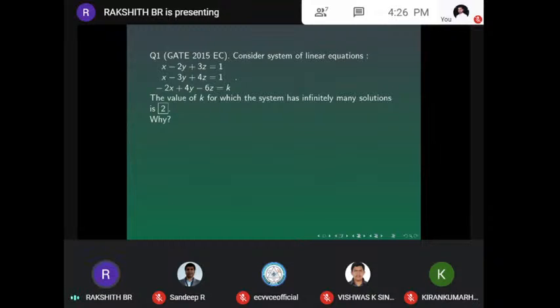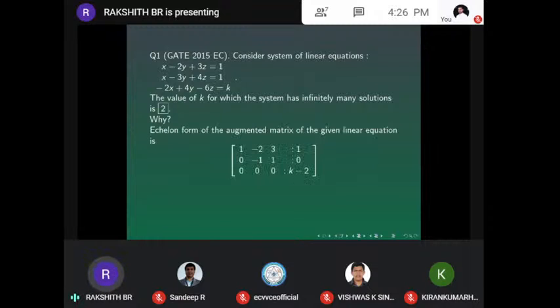Find the value of k for which the system has no solutions. Then, how do you conclude this? How do you just determine the values of k? Find the values for which the system has no solutions. So again, as usual, we will write down the augmented matrix and find out its echelon form using the Gaussian